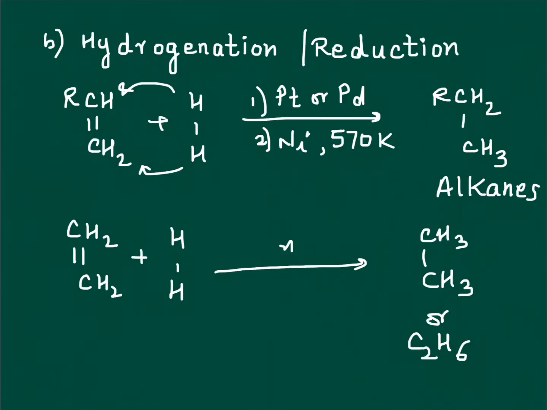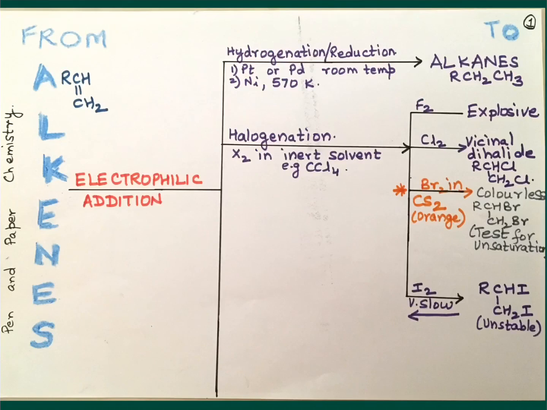Electrophilic addition reactions are not yet over. So here I have for you the first part of the sheet. In this video, we have already spoken about hydrogenation and we have also spoken about halogenation. Substitution is not shown here because that's the last part of this flow chart. Stay tuned with me as we continue with electrophilic addition reactions for alkenes. Take a break, drink some water, come back and join me in part 2.